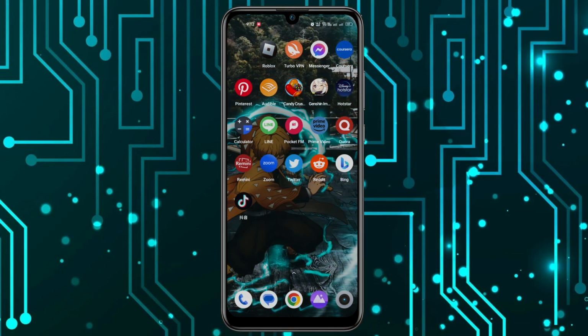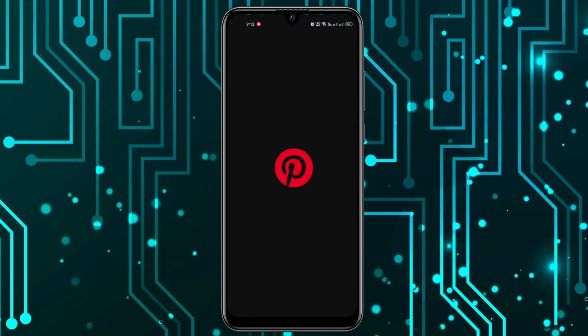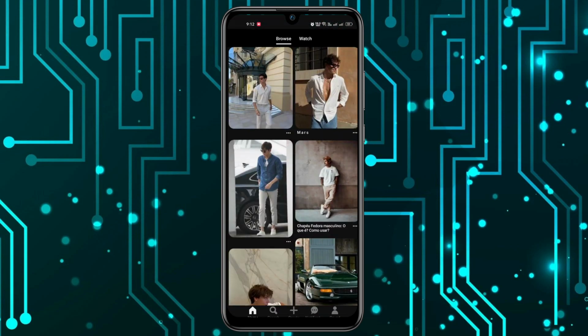Hey everyone, today in this video I'll be showing you how you can easily create a pin in the Pinterest application. So in order to begin, I'll open the Pinterest application and then to add a pin to your account, what you'll have to do is click on this create option,